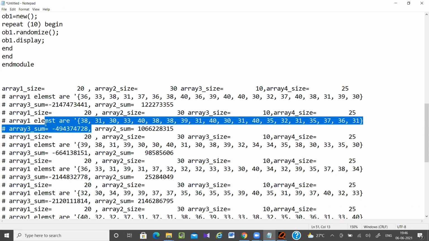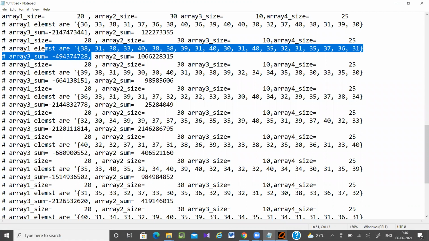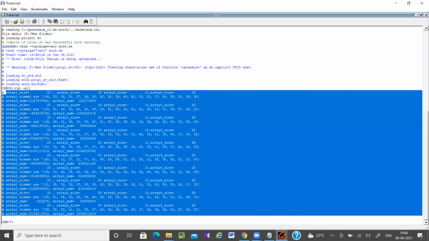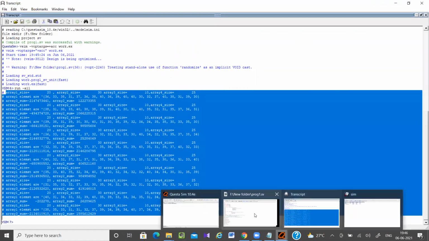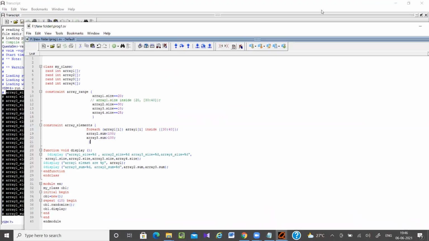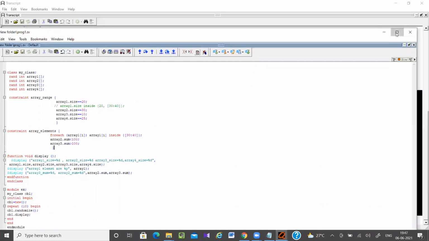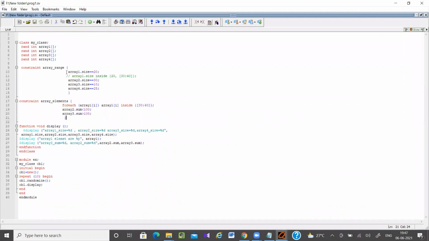If you take the variable as bit, then it will come as positive values.